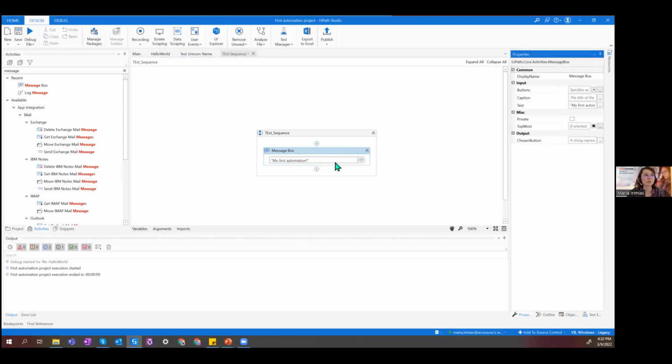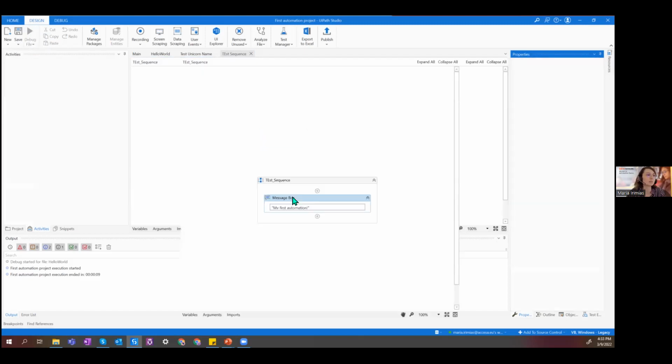Now I also have the validation. As you saw before inputting the text, it was mentioned that I need to provide the text. Once I'm done, I can debug this file or directly run it. I do not need to debug it because it's one sequence and it's not important. I can just run the process.